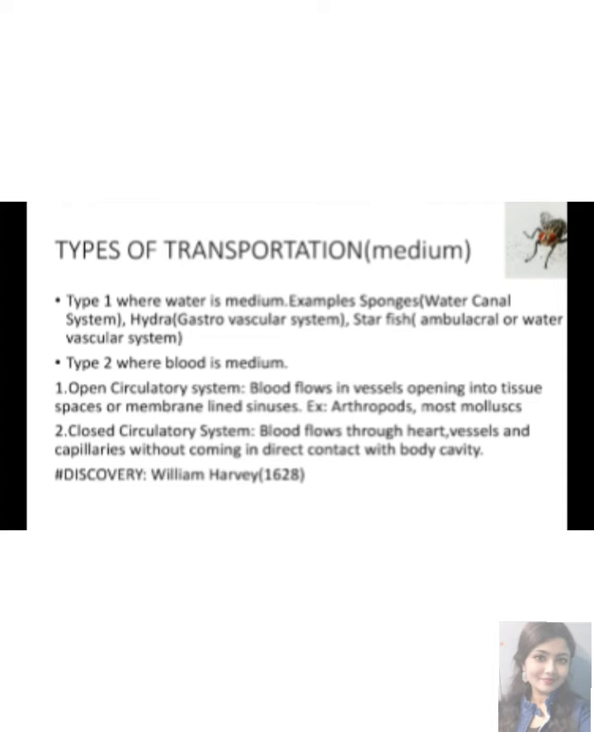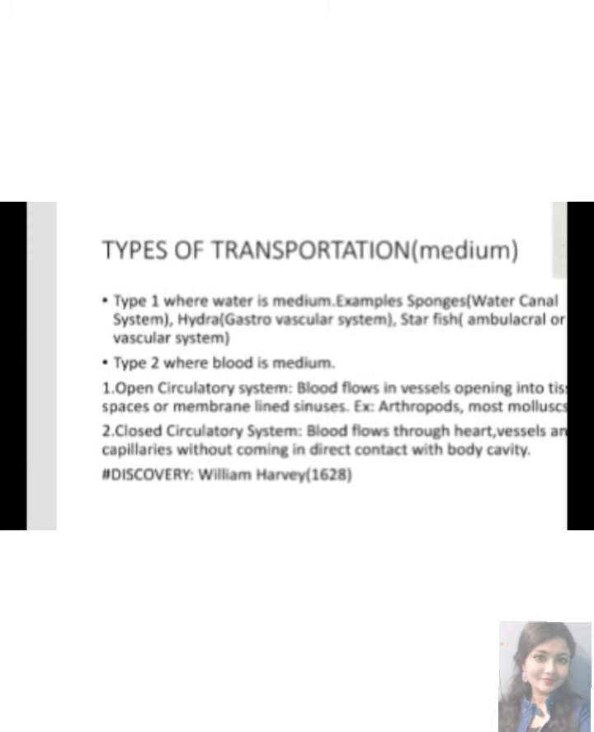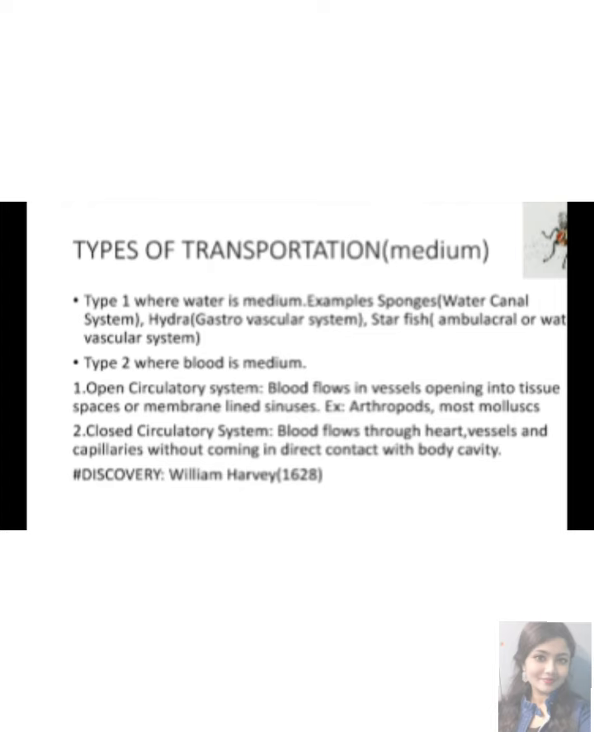The examples I have shown you in the last slide: the sponges, water canal system. Hydra, they use the gastrovascular system. Starfish from Echinodermata, they use the ambulacral or water vascular system. The second type is where the blood is the medium. Again, in type 2, where the blood is the medium, there are two types: open circulatory system and closed circulatory